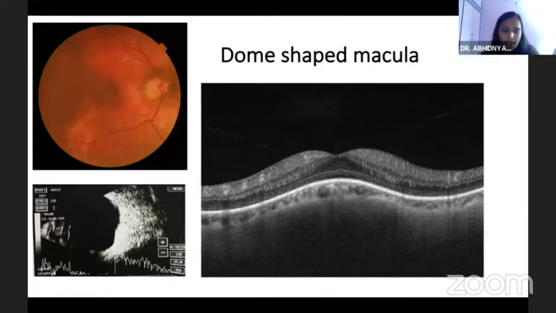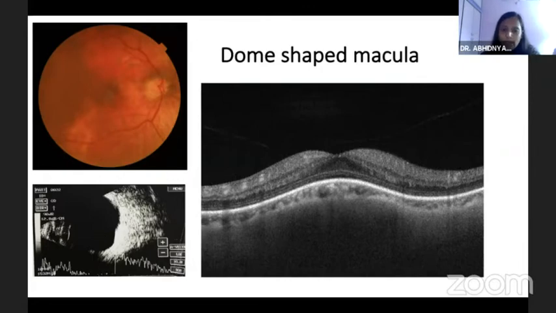After the surface and tractional disorders, we come to the contour disorders, like dome-shaped macula. Now, in dome-shaped macula, there is elevation in the posterior staphylomatous area, and this is prominently involving the macula area. And we also see the choroidal thickening at the area of the elevation. Now, sometimes these lesions may be considered as mass, which may even be seen on the ultrasonography.